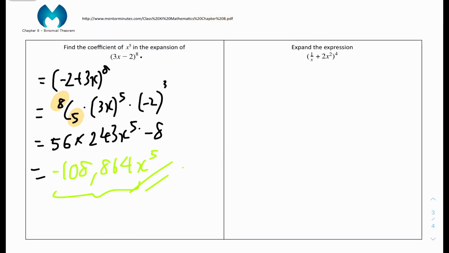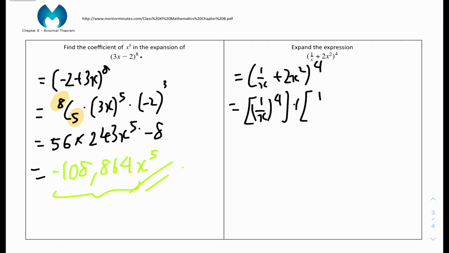And then we have question 6. Expand the expression 1 over x plus 2x squared to the power of 4. So as usual, you just write it out: 1 over x plus 2x squared to the power of 4 will equal 1 over x to the power of 4 plus 1 over x, basically x cubed, times 4c1